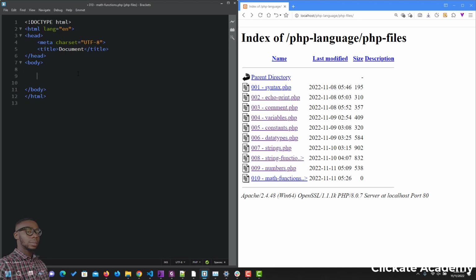So let's begin. Let's open our PHP tag and close it. I like doing this every time so that you get used to it too. So the first one is pi, and this is how you get pi. What we can do is echo out the value of pi. So we say echo pi,